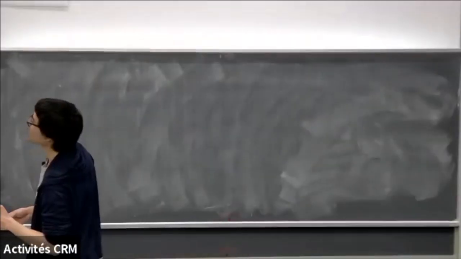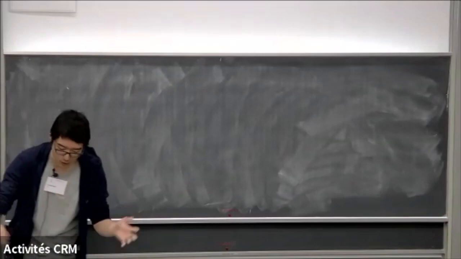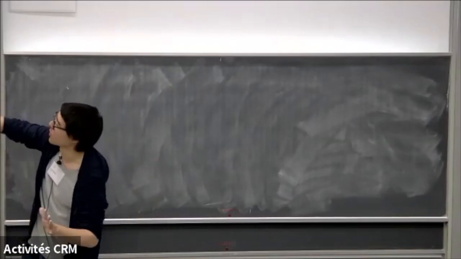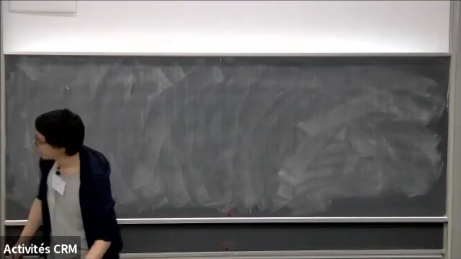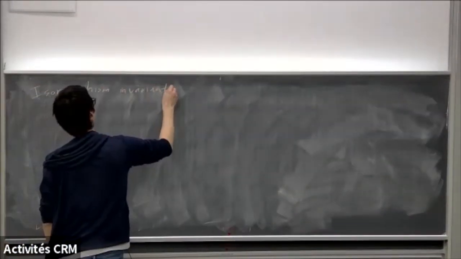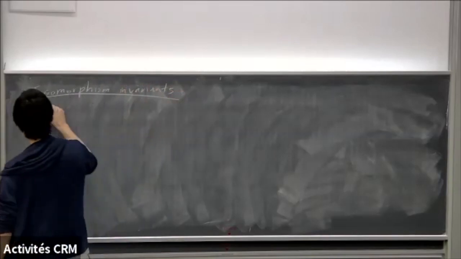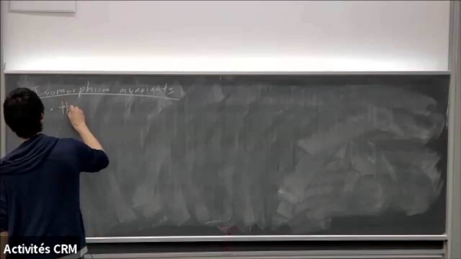Okay, so maybe one problem that you might think is that if you take the group and you take the action, and then you just look at the equivalence relation up to that notion of isomorphism, maybe everything is isomorphic, right? So okay, let's talk about some isomorphism invariants. There's a couple obvious ones which are not so interesting. So one is the number,